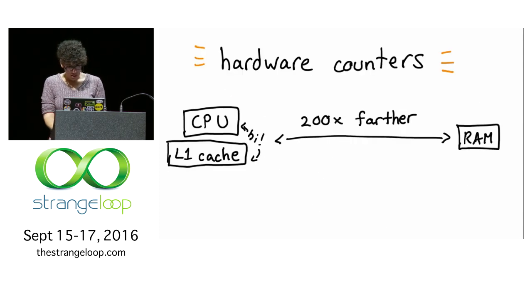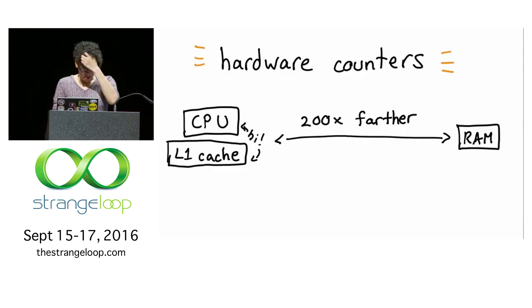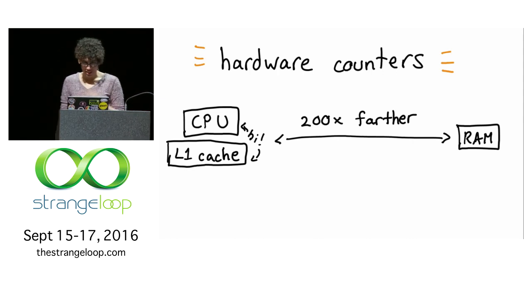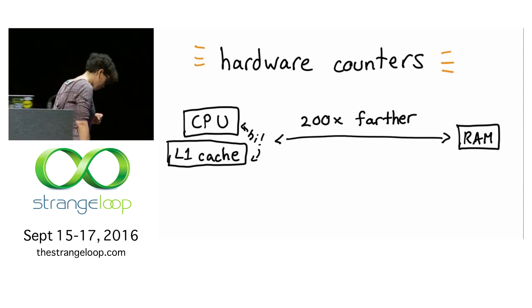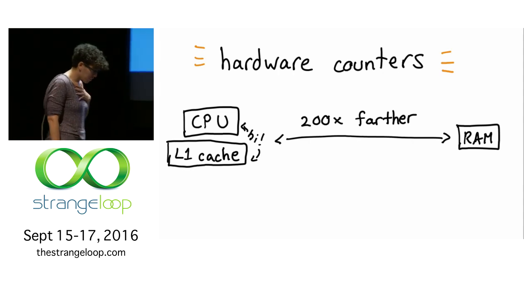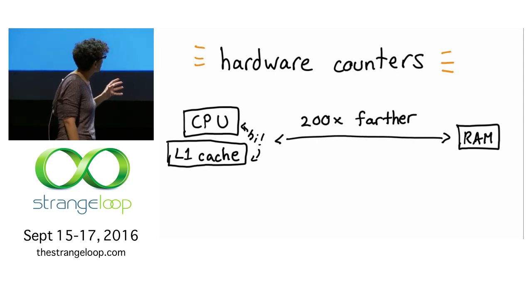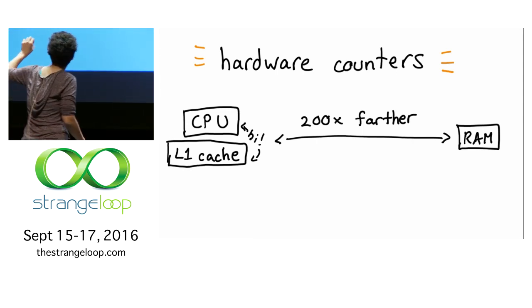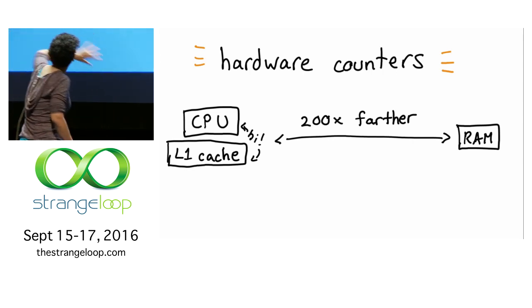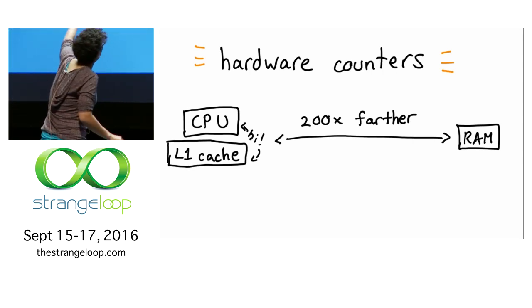OK, we're going to start out by talking about hardware counters. Which are another different thing entirely. OK, so I think this is really fun to know about. I mostly write Ruby. This is not that important if you write Ruby. But I think it's good to know how fast computers really are. Dan is going to yell at me, because I'm going to get this wrong.